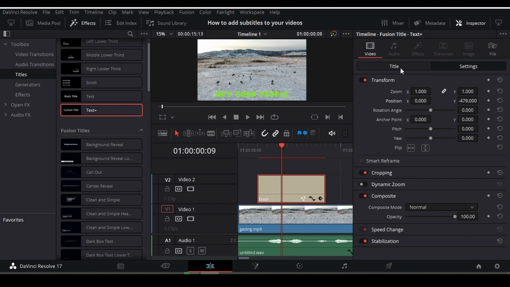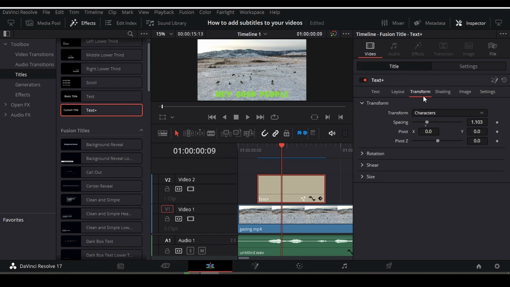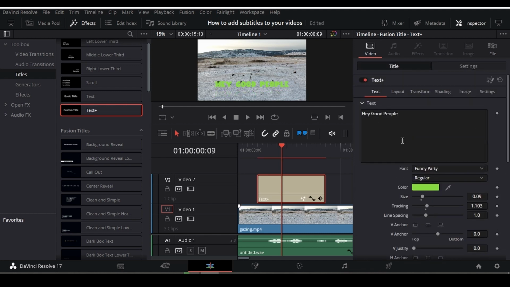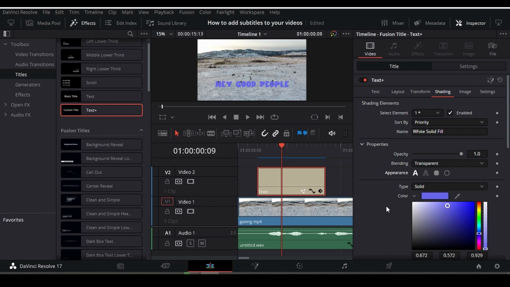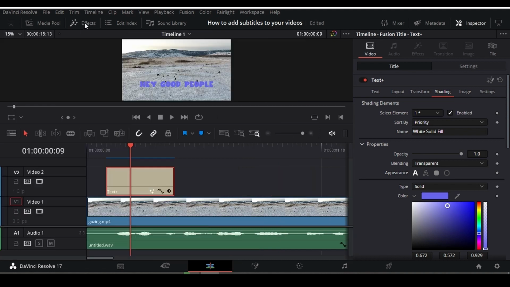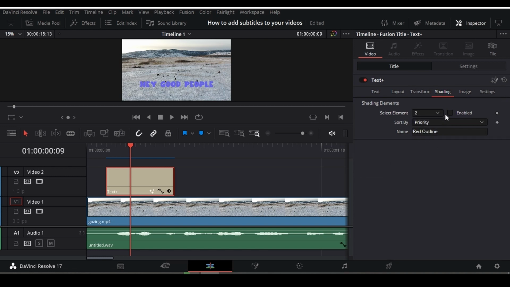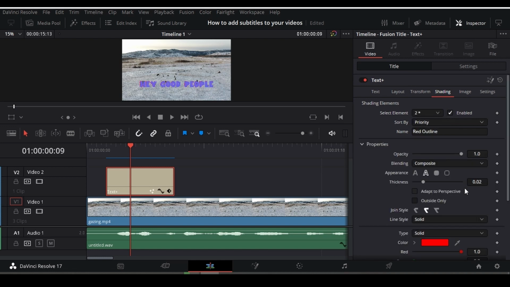Now let's get back to your title menu again and go back to shading. So I'm not liking this color very much, so to change that, go to your color tab again, and okay, I think this color looks fine here. So what we're gonna do is we're gonna add some outline outside this text. If you want to do that, go back to your select element and go to 2 and click on enable, and then